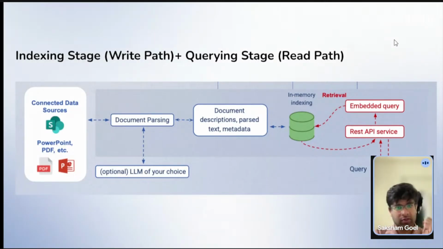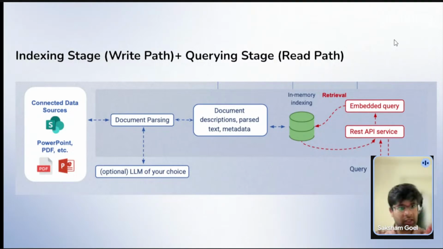So you start with your documents in various data sources. You use a document parser. You would obviously know a lot of this stuff if you're already in this space, but even if you don't, it's not that difficult. You can go to various document parsers like Docling, the Unstructured library, etc. Basically, what it does is parse the data and make your data Gen AI ready. And then you parse the content and then you vectorize it. Vectorizing is simply converting it into mathematical representations which your LLM understands.